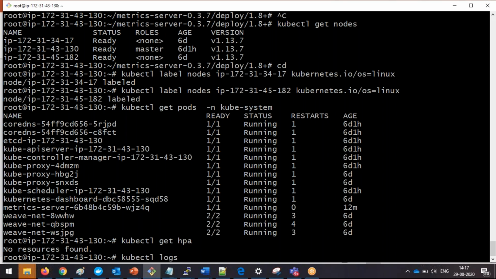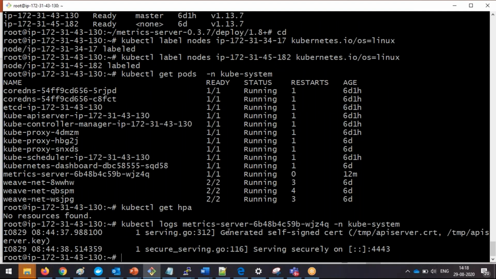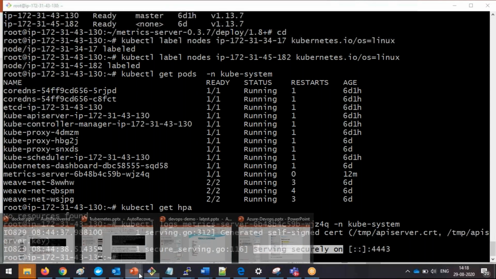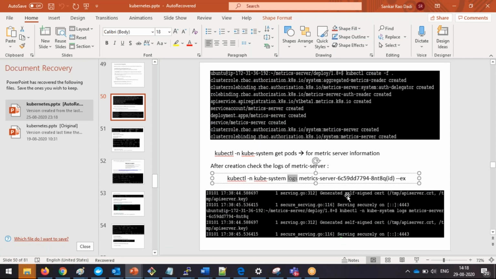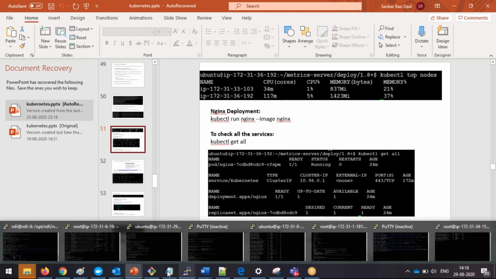logs for what? For your metric server, which is deployed in the namespace called kube-system. Serving securely on, right? That means it's properly configured and properly working. That's what we need to see. So then the next step is, once the metric server is installed, we can see